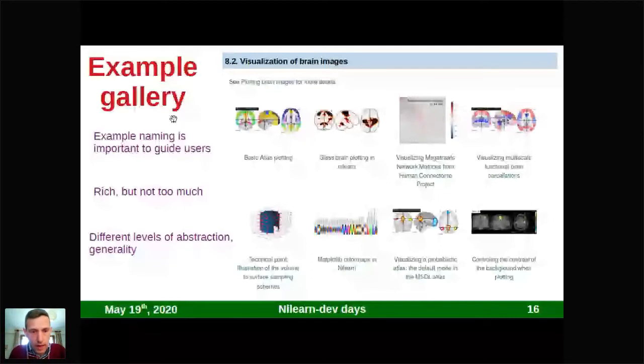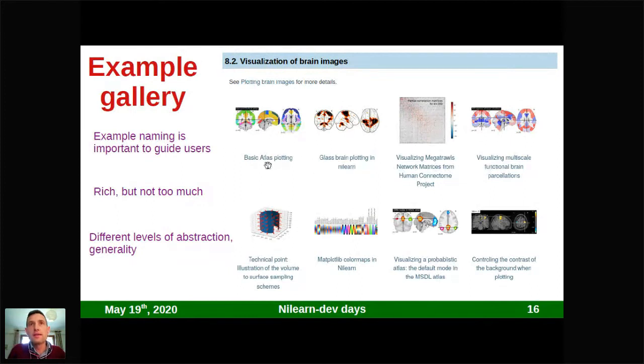Why? Because when I want to use a feature of Nilearn, I always get back to the examples, because examples already show you how to use the code in a certain situation. And to me, that's really a guiding principle. I just copy-paste the snippet of code I need, and I adapt it to my current needs. So this being said, for this to work, you need first the example naming to be